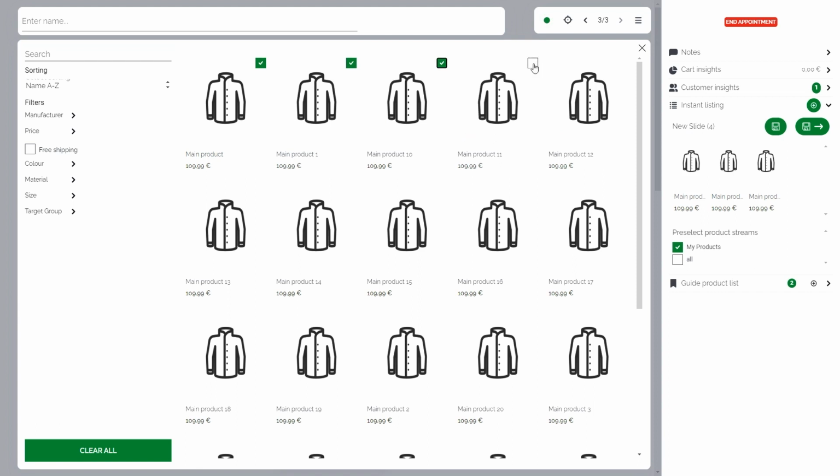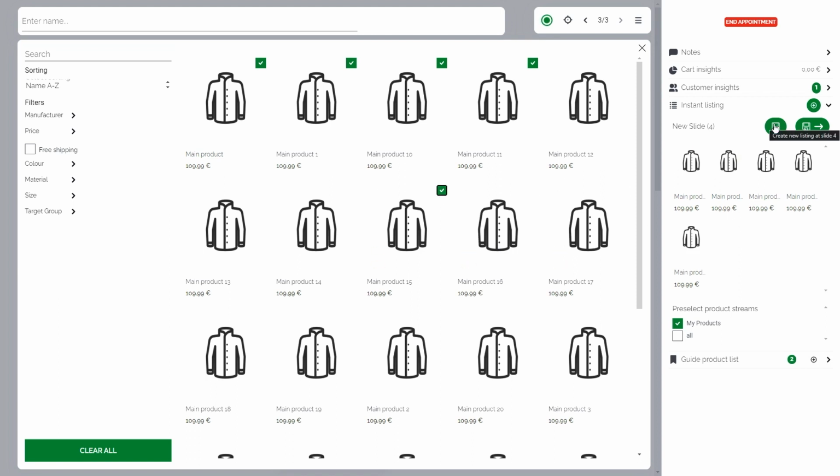So for example, I want to create another list because my attendees had some wishes or wanted to see some kind of product lists. I can select specific products here and save them as a list. So this list will be then listed as another page to my presentation.